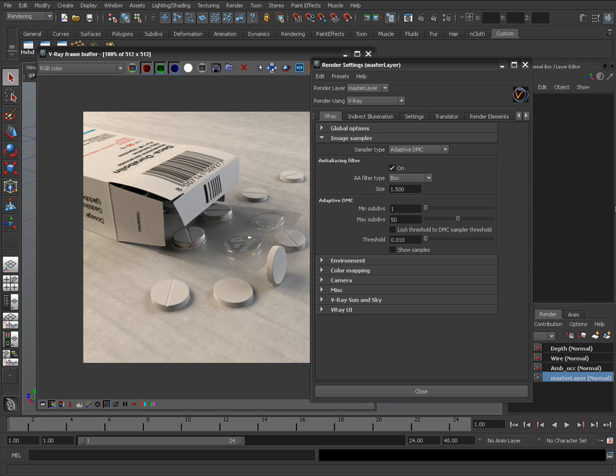I'll be doing this one on linear workflow again, but using Maya and V-Ray this time. So let's get started. I'm going to try and make this as easy to understand as possible without too many technical details, and I'll point you in a few directions where you can look up some stuff on your own, and you'll be able to understand some of the things that I'll be talking about